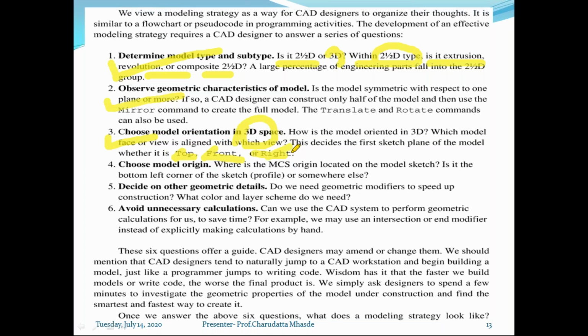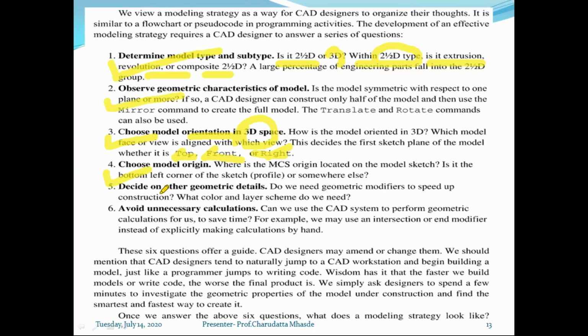But once you give the default orientation or standard orientation, and that part is not actually on the paper, all the features, all the things may be correct, but if you don't have the proper orientation, your mark will be reduced. So this is the strategy you need to choose. Whatever part is created, it should be created on an appropriate plane. Which plane you need to choose, you can decide when you practice more and more sketches and more parts. So this is an important strategy you need to choose.